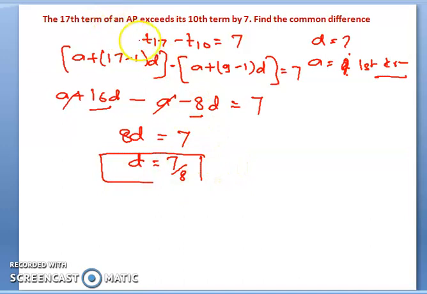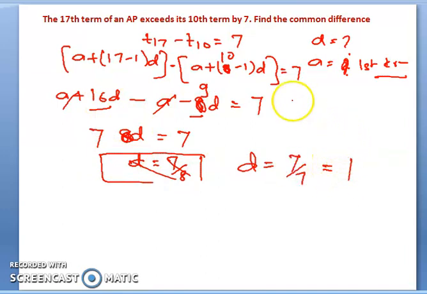So what we did actually, T17 term, which we can find out. Okay, sorry, this was T10, I missed it here, so it should be 10 minus 1, sorry. So 16 minus 7D, and then D is equal to 7 upon 7, which is equal to 1. Sorry, I missed it. I already subtracted and wrote it, but it is 10. So 10 minus 1, which is 9D. 16 minus 9 is 7D is equal to 7.